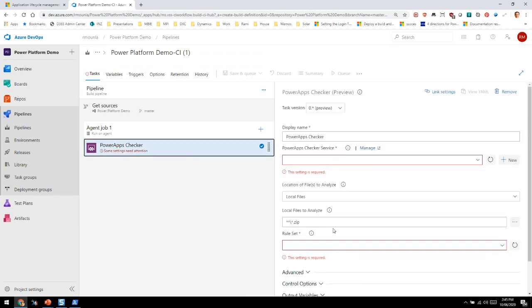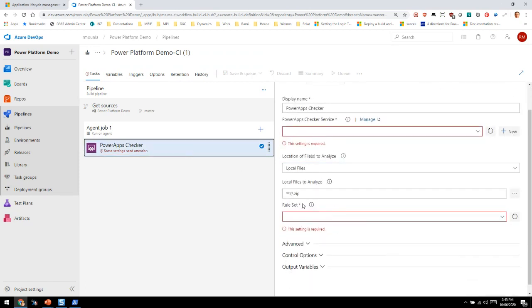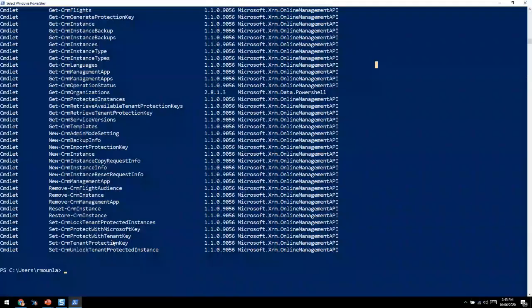Adding that, it requires a little bit of information. Now, what's really interesting is that it can take a rule set. And I think out of the box right now, they're not going to load because I'm not connected to the environment, but you will get two rule sets. The first one is the standard one that you run from the user interface whenever you have a solution. The second one is what Microsoft uses to decide whether you've got any errors or warnings before your solution is accepted in AppSource. So Microsoft has open sourced that set of rules and then included it in the solution checker. In fact, if I go PowerApps,